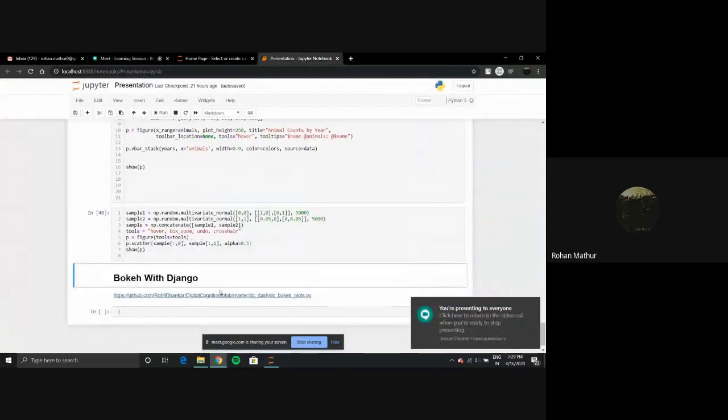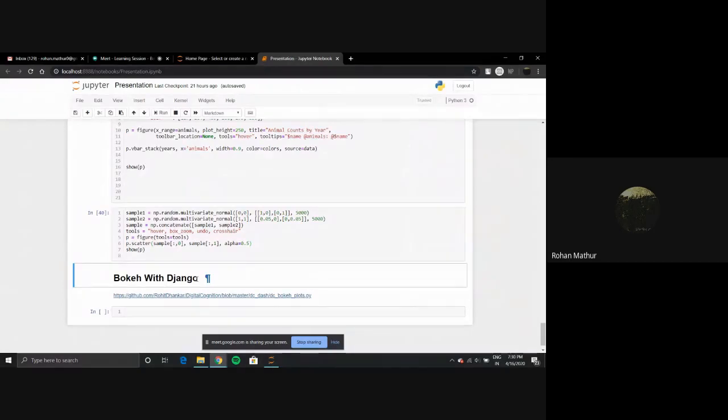Okay, so next we're going to be looking at how our code works with Django. Django is a web framework. Bokeh also has a separate web server of its own. Bokeh had their own internal web server, but that wasn't stable.